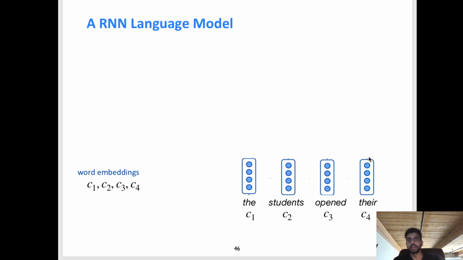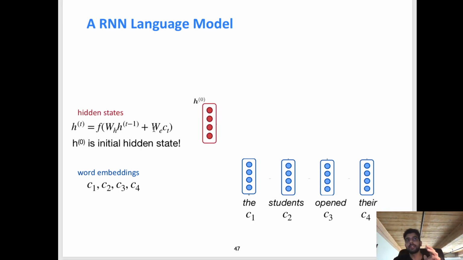The recurrent neural network is interesting because it proceeds in a series of steps. It processes a single word, the first word, first, then it incorporates that representation with the next word. That's step 2. Then it incorporates that representation of "the students" with the word "opened," and finally the word "there." In this sequential processing, it operates the same way that humans do when they're reading, right? We read left to right. The recurrent neural network also creates these representations left to right. So let's take a look at how that works.